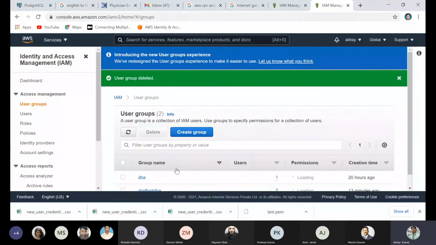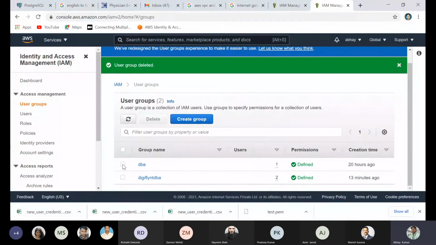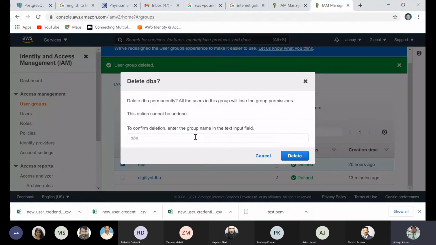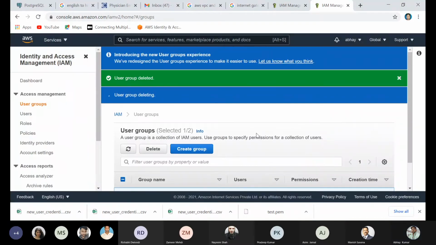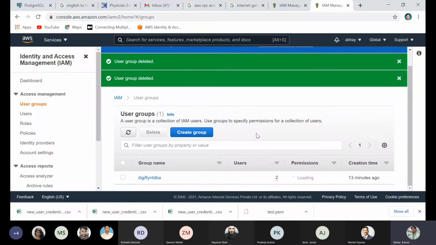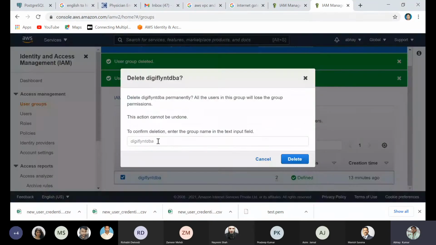It's deleting. The dev group is deleted. I'm going to delete one more group, it's DBA. Again, I'm going to delete. How can you delete the group?